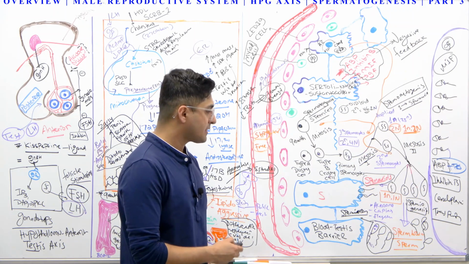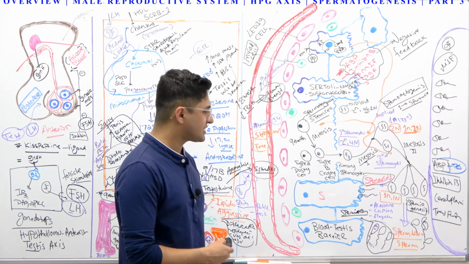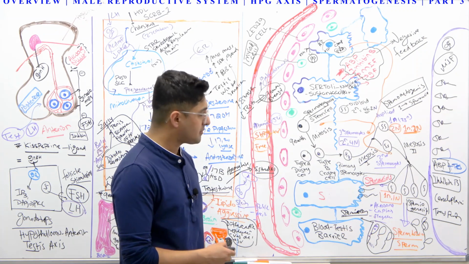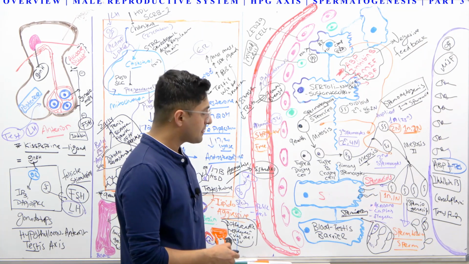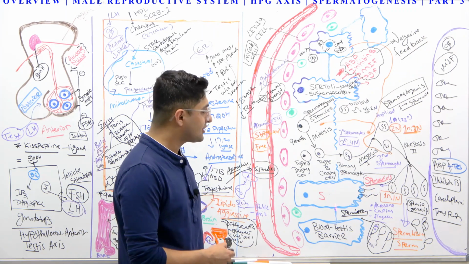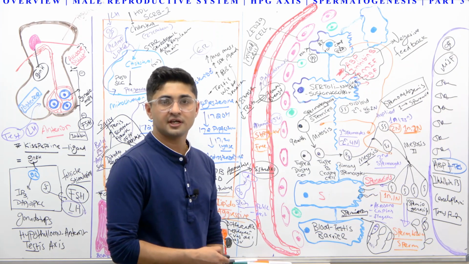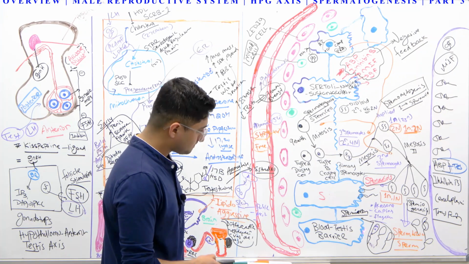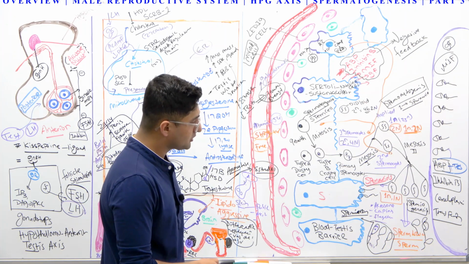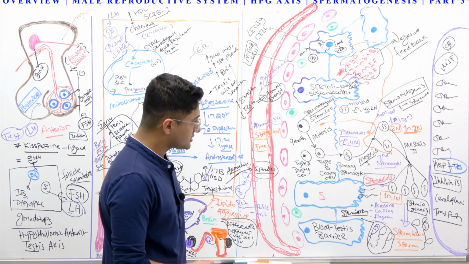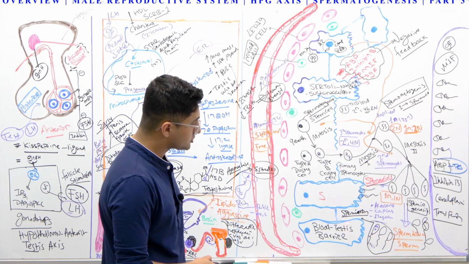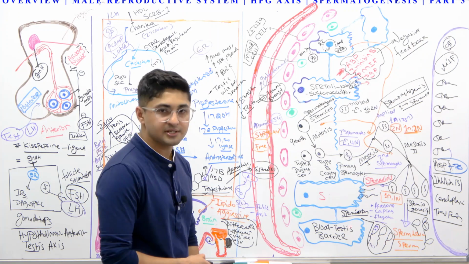They're also going to have enzymes like hyaluronidase. They will accumulate hyaluronidase or other substances like zona lysin, which are required for the capacitation to occur in the female, for the fertilization to happen. So the mature form of the sperm, we call spermatozoa. And what is going to happen? The sperm gets released from the blood testis barrier, from the Sertoli cells, into the lumen. The process is called spermiation.